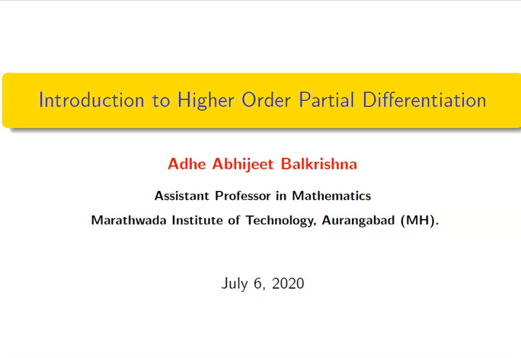In my last lecture we saw how to find the partial differentiation, the different notations and all these things. Today we're going to see how to find the higher order partial differentiations. That is, suppose there is a function having three variables, how we can find its single derivative, its double derivative, triple derivative, and so on. So we'll see how to find the higher order derivatives.